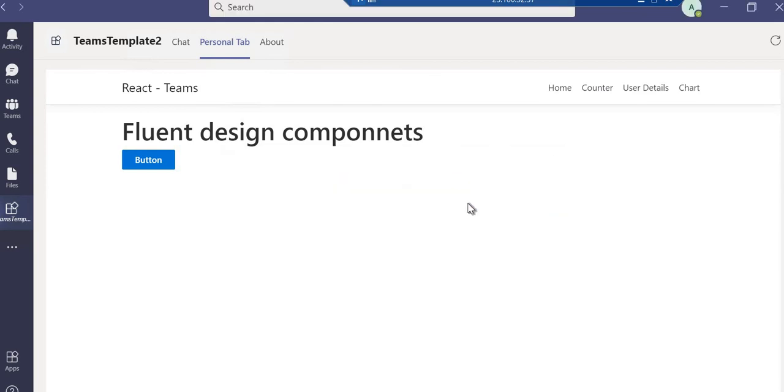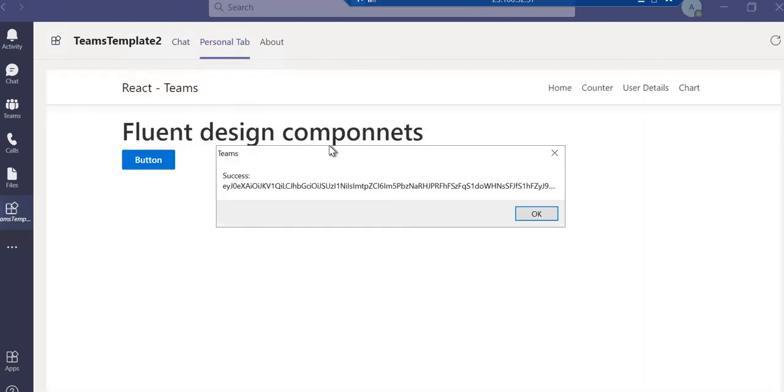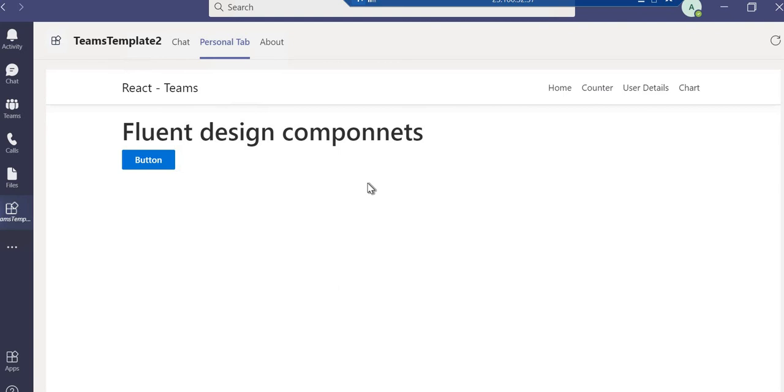Automatically it's logged in. So we are getting the token from the Teams login, but not from our web app login. We have got the SSO token from the Teams login, and we can do a token exchange with Microsoft Graph for further use inside our application as well.